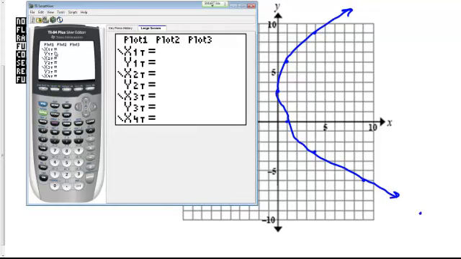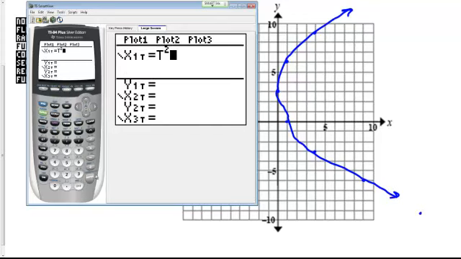So if we plug in the actual x equation, which you're going to still hit the x button, but it gives you a t now, and we square that, minus 2t plus 1,